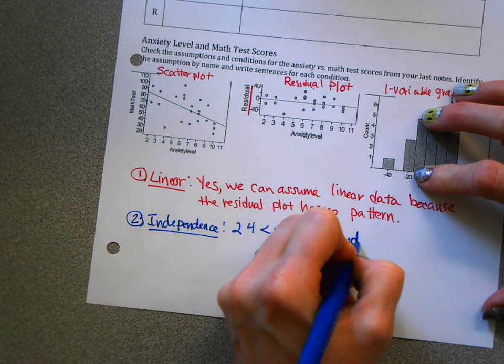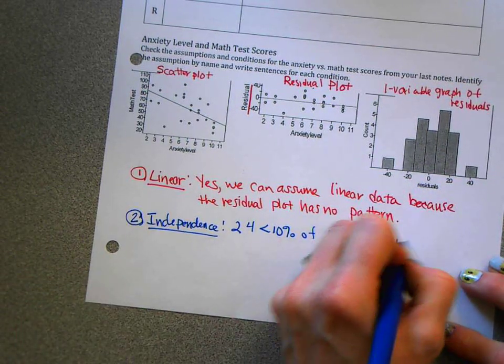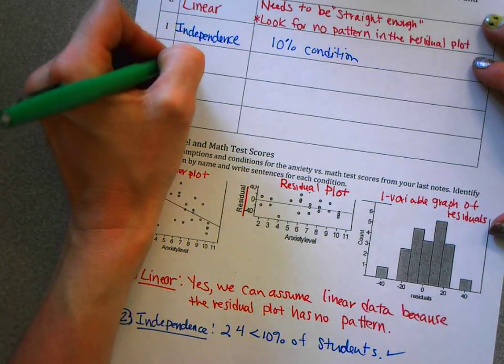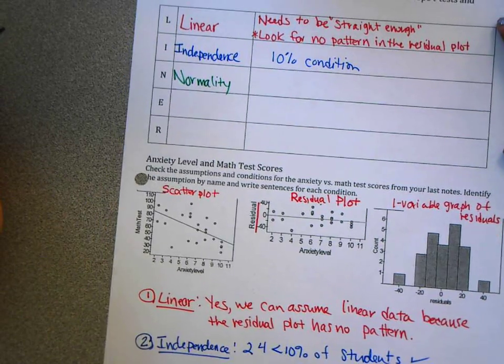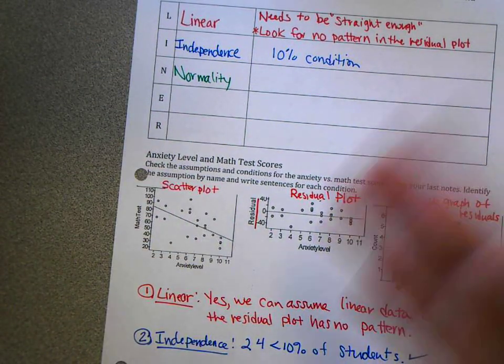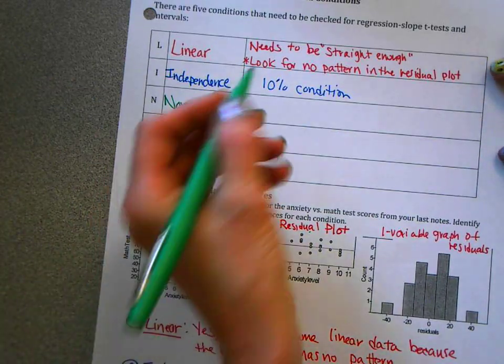Check that off. All right, the third one is a normality check. We have quantitative data, so we have to make sure that we have data that is reasonable to assume is normal. But what we'll be looking at for normal, usually we look at our data to see if it's normal, but we've got X and Y data. So the correct thing to check for normality with these slope tests and intervals is to check a one variable graph